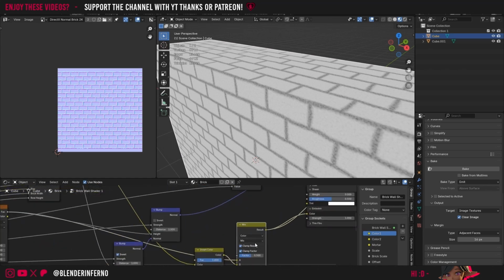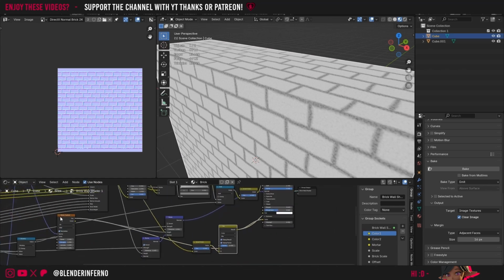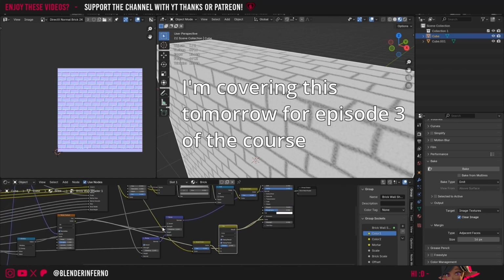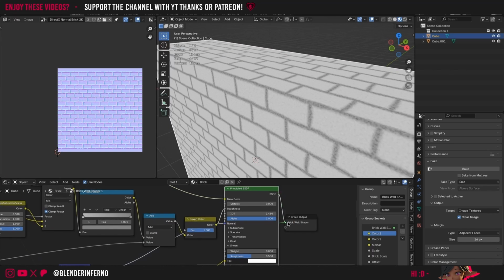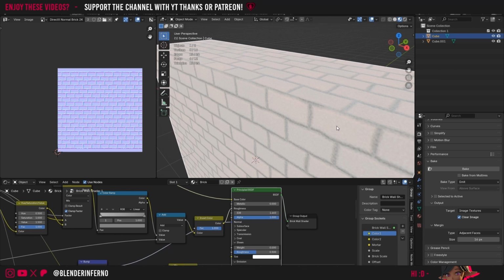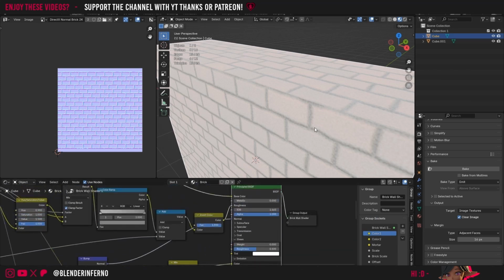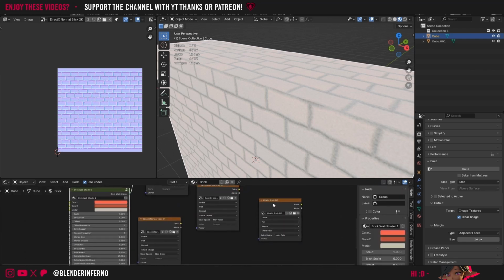If you want to get a slightly more accurate result, you could actually bake these as 2 separate height maps and then combine them with bump nodes like we've done here. Then I'm going to plug my BSDF into the brick wall shader, and right now you're going to see it's going to kind of glow, and that's because we plugged it into emission temporarily in order to do this height bake. So I'll then left click this arrow to go up, and since we've already created our height brick texture,